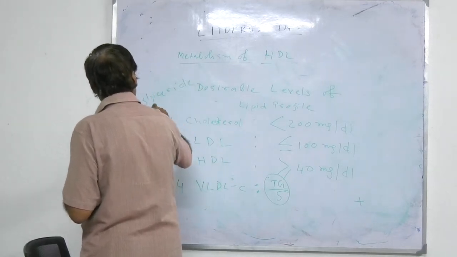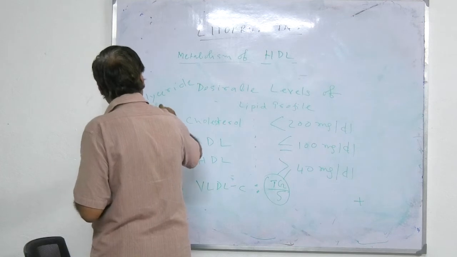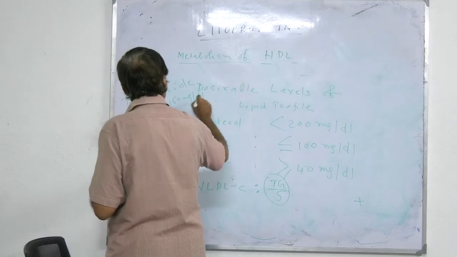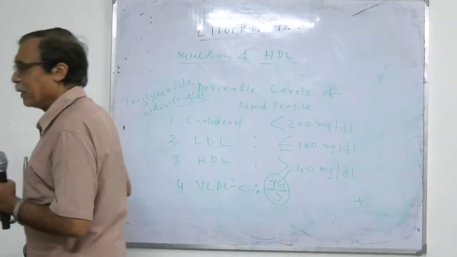It should be within 150 milligram per DL. এই লেভেলগুলো একটু মনে রাখবেন। ট্রাইগ্লিসারাইড হবে within 150, কোলেস্টেরল হবে within 200, LDL হবে within 100, তার থেকে কম হলে ভালো। HDL হওয়া চাই 40 or above. This is the normal criteria for health. But disease হলে পরে কোলেস্টেরল 300, 400, 500 হতে পারে।